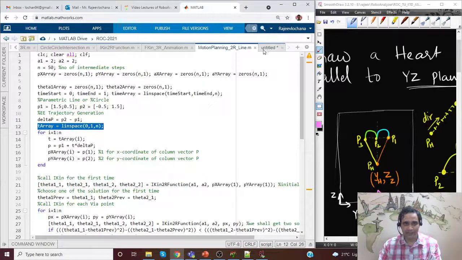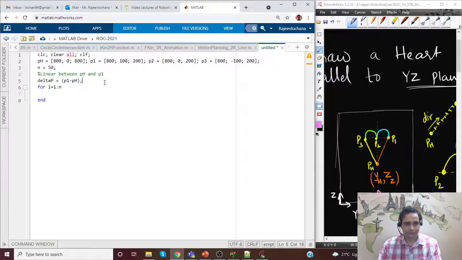Let me write t array equal to linearly spaced between 0 and 1 in n steps. Okay, now we'll get the current value of t from the t array ith index, and we will now get the corresponding point.